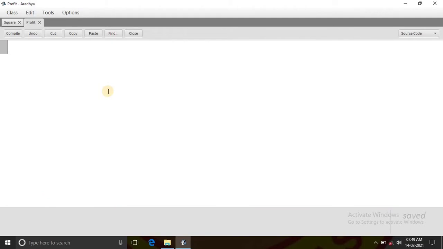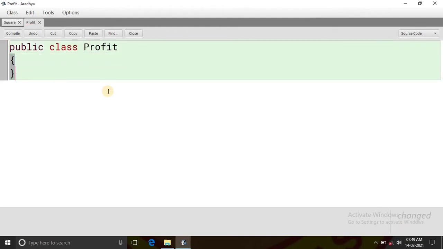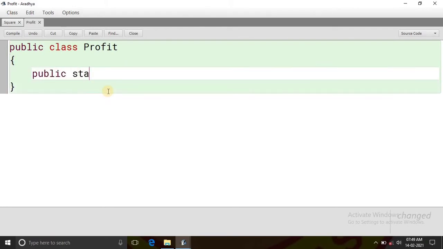Whatever things are written here, we will delete it. Since we are providing input while writing the program, what we will do? We will simply not provide import, and we will not accept the input from the user. So simply we will start from class. Public class profit. We will open class. And then main method, public static void main